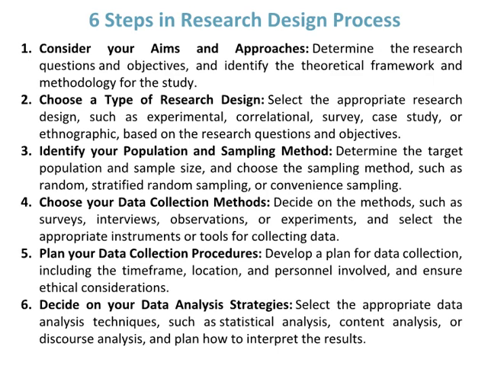objectives. Number 3 step of the research design process is to identify your population and sampling method. Determine the target population and sample size, and choose the sampling method, such as random, stratified random sampling, or convenience sampling. Number 4 step of the research design process is to choose your data collection methods. Decide on the methods, such as surveys, interviews, observations, or experiments, and select the appropriate instruments or tools for collecting